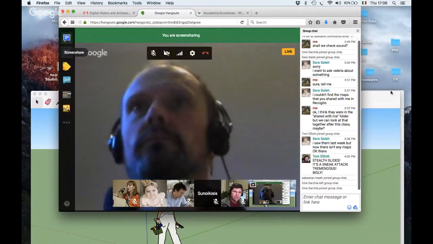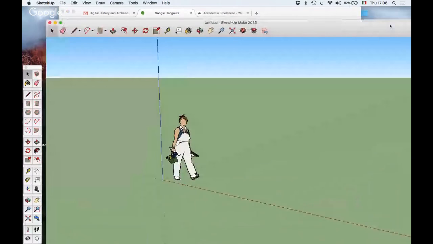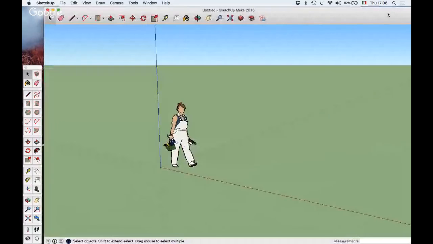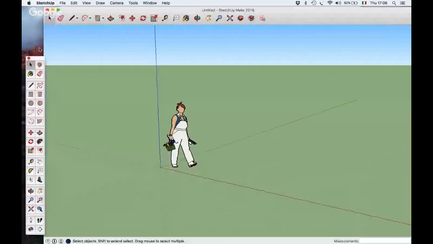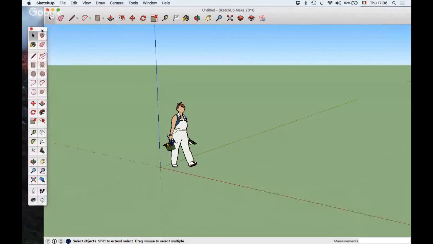And another thing that I very, very quickly want to show you is the interface of SketchUp. There are plenty of tutorials about SketchUp; you find a lot of them on the SketchUp website. I just want to share very, very quickly